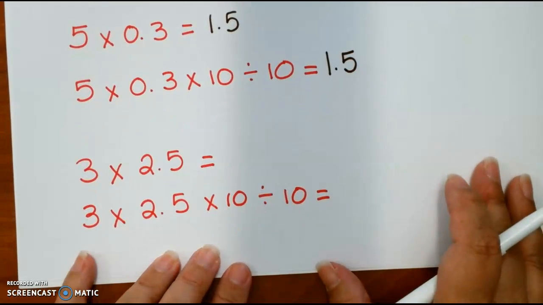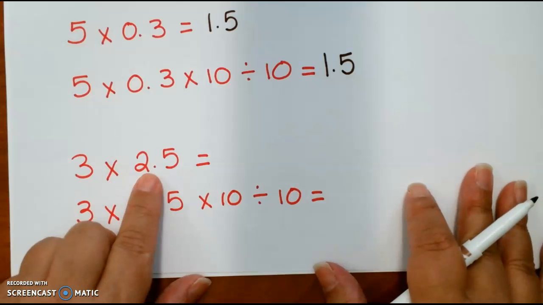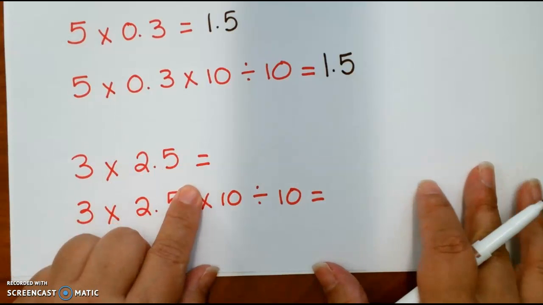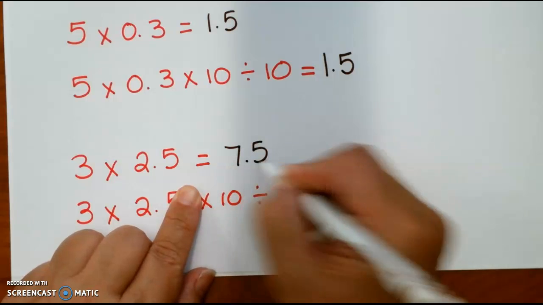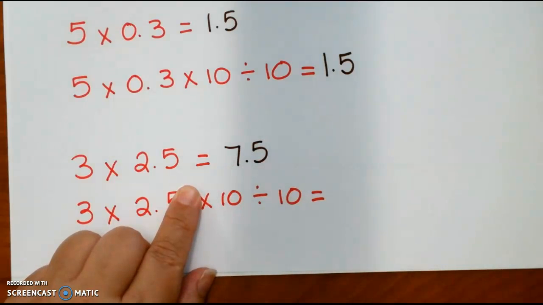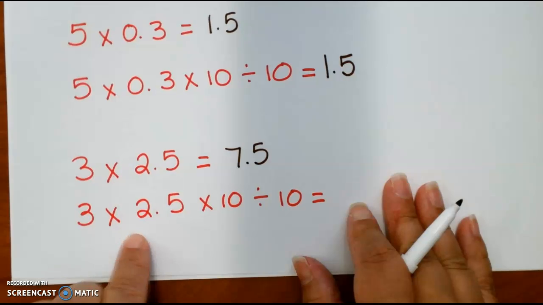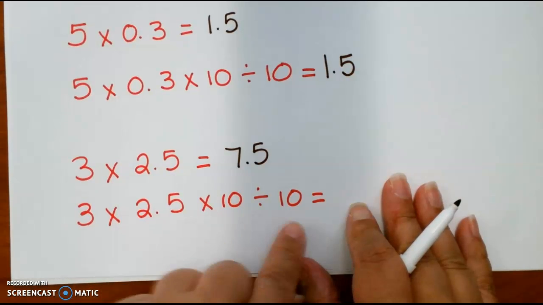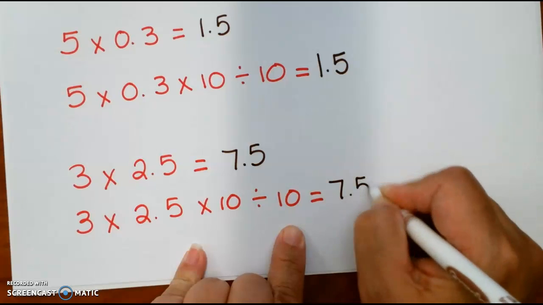Now, if I have 3 times 2 and 5 tenths, that gives me 7 and 5 tenths. And if I multiply 3 times 2 and 5 tenths times 10 and divide it by 10, I end up still with 7